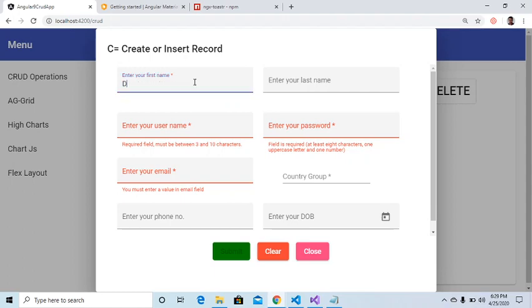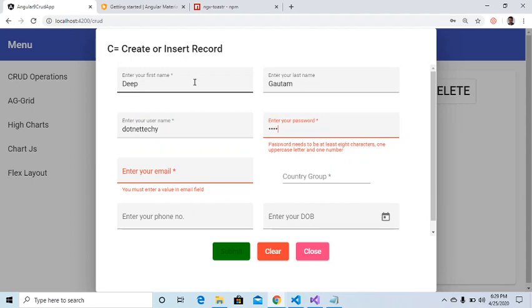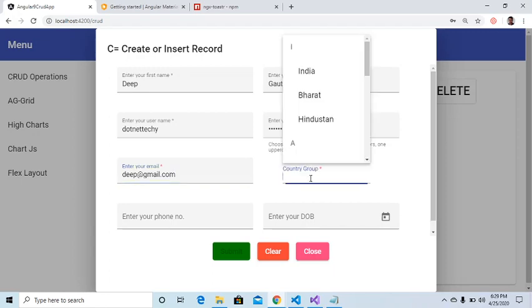So let's see, I have filled this form, this username. Okay, so let me put the username over here, and let me fill up the password. So the password is still not valid and not strong. The moment it's valid, the error message will go. Let's fill up this email. Email is still not valid. The moment it is valid, the validation error message will go.